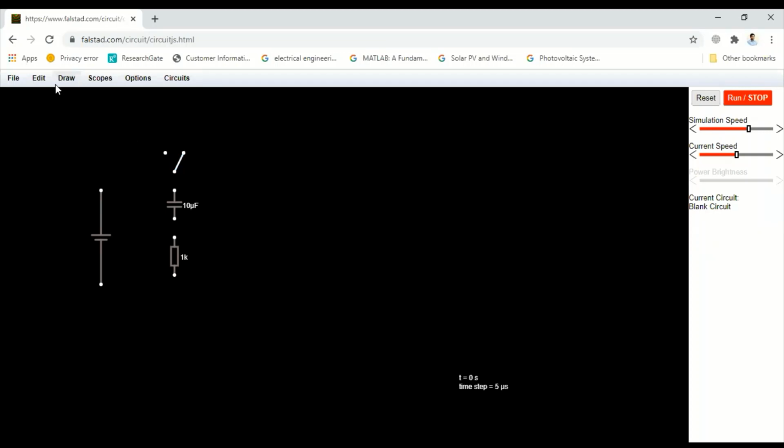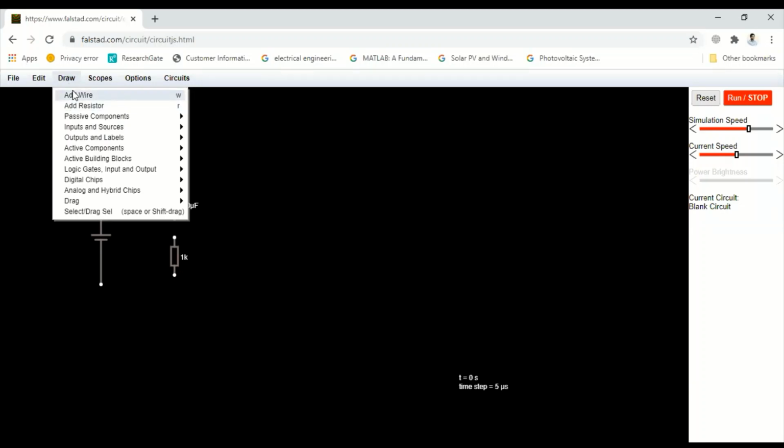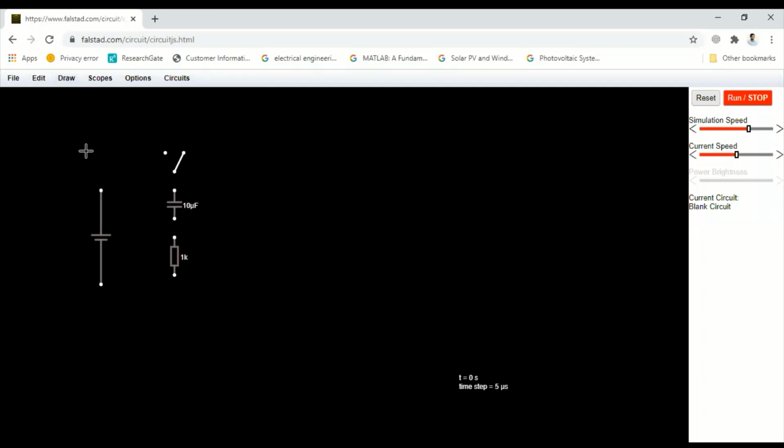Next, we'll connect everything with the wire. Tag and connect every component so that the circuit will be completed.